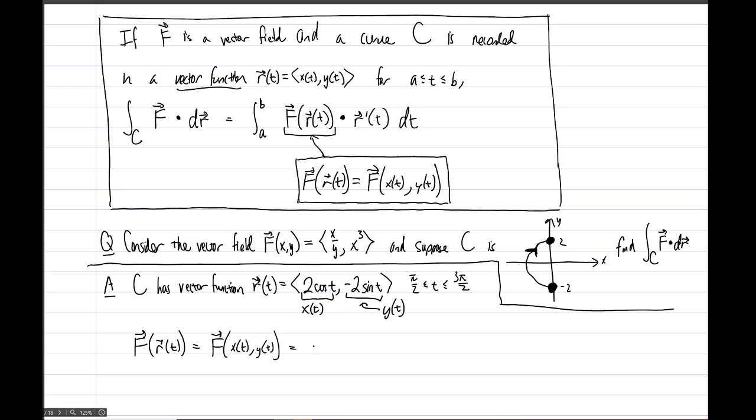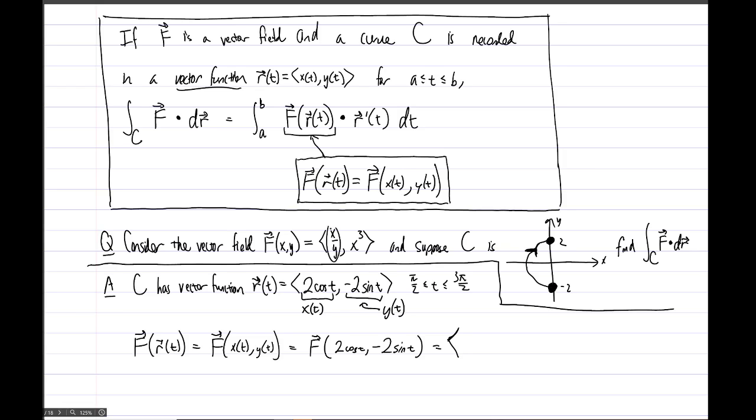In our example, x of t gets replaced with 2 cosine of t, and then comma, y of t, which was -2 sine of t. Then when we plug in 2 cosine of t and -2 sine of t for x and for y, we're just applying the name of the function. We ought to get angle bracket x over y,